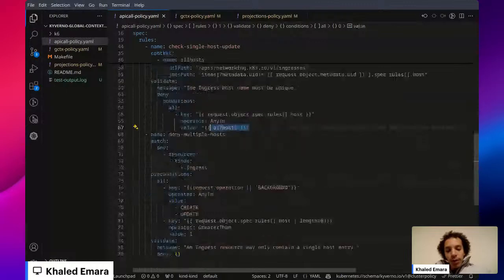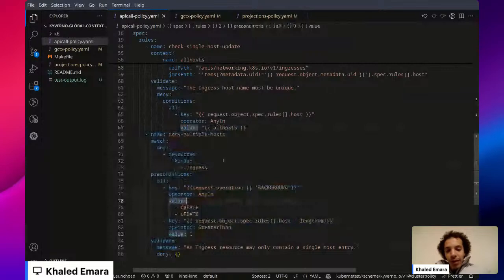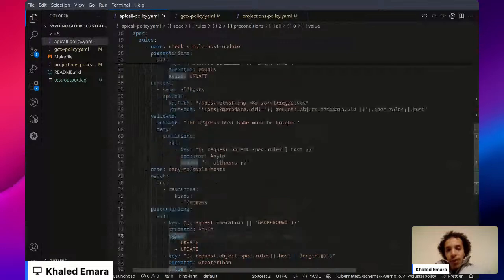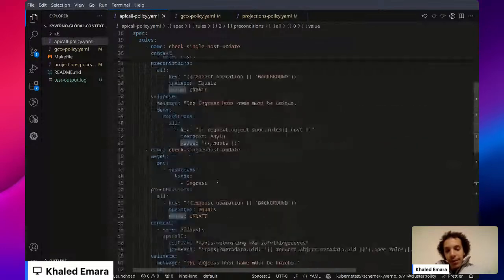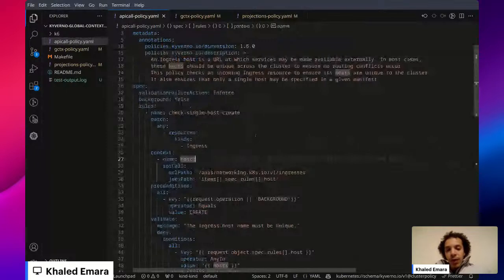And there is a third rule here that I'm not gonna go over because it doesn't have any API calls. So the global context entry shines when we have API calls. Basically, when we have any type of API calls, whether it's to the API server or to a Kubernetes service. So as you can see here, guys, what happens is, let's take for instance the